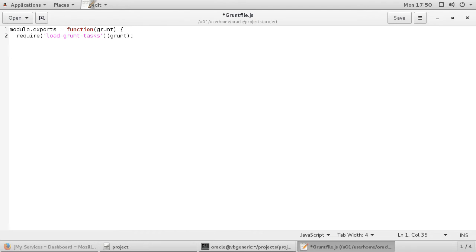Start by requiring the task module and invoking it right away with the Grunt parameter. This prepares the task setup. Now you can start the project configuration. Call the grunt init-config function with a configuration object. Inside the configuration object, you provide parameters for all the modules you will use. In my case, I only need to configure the compress module, so I just create an entry for it.